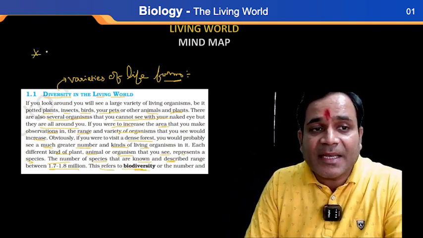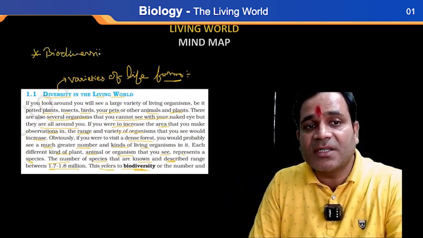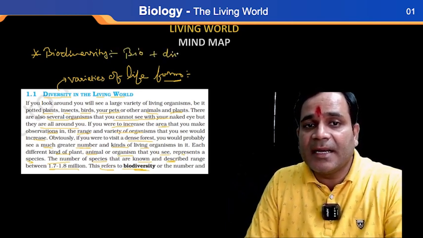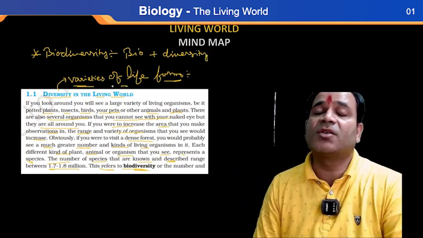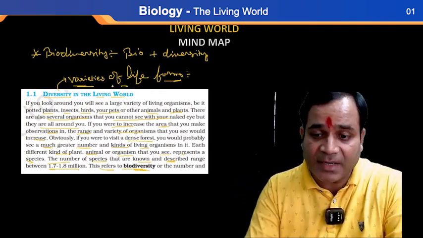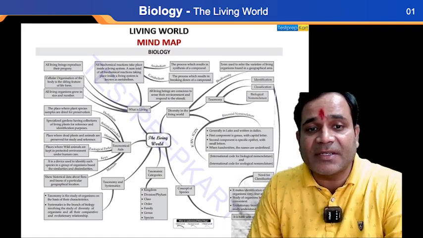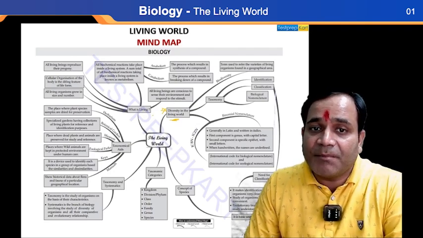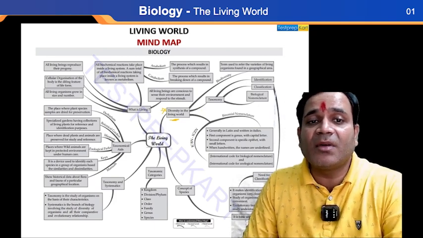So again I'm saying here about diversity. This biodiversity is classified into two parts, that is, bio along with diversity. So here I am writing, diversity means varieties of life forms. So if the life forms differ in our surroundings, it is known as biodiversity, my dear. So see, this is the main thing, the diversity in the living world. But before we go further into diversity in the living world, my dear, here metabolism is further classified